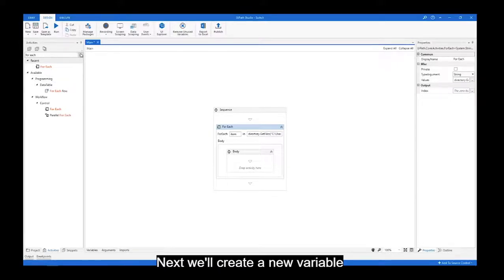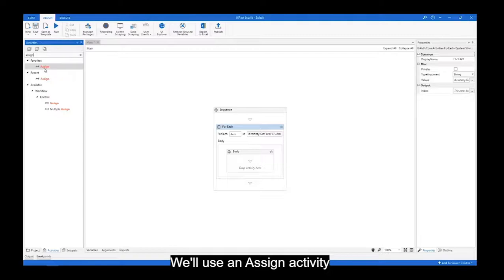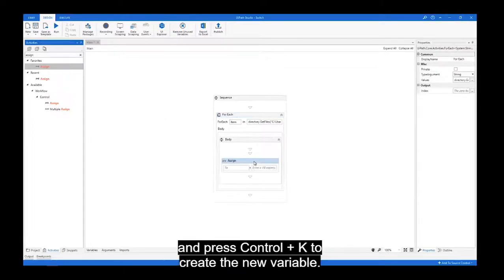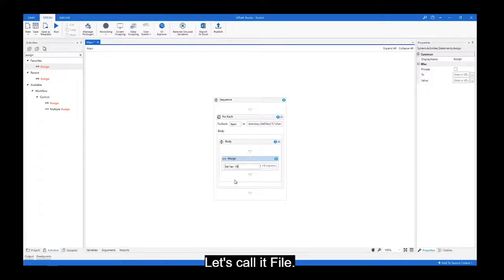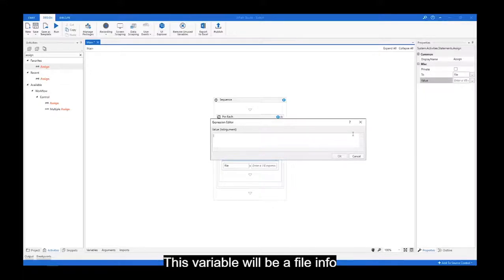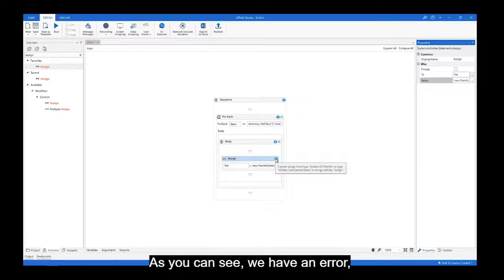Next, we'll create a new variable, which will be a file type. We'll use an assign activity and press Ctrl+K to create the new variable. Let's call it file. This variable will be a FileInfo of every item that we get from the directory. As you can see, we have an error which states that we need to change file to